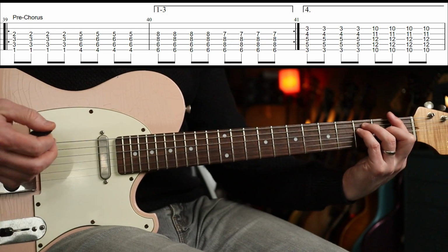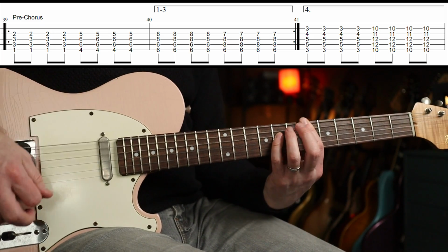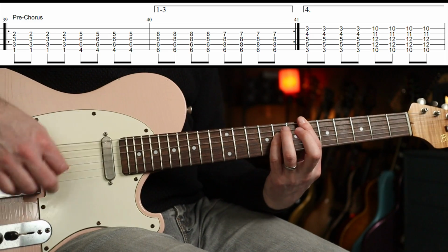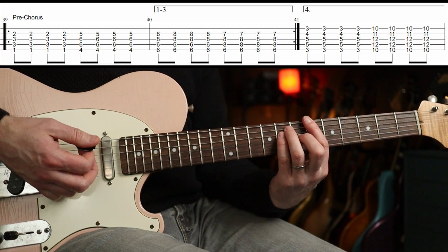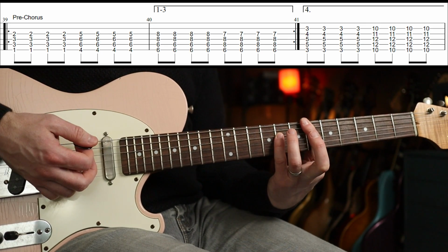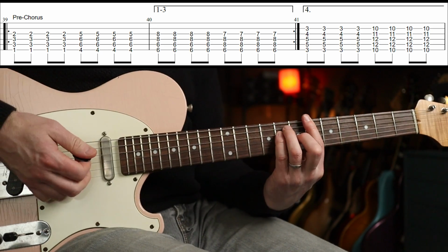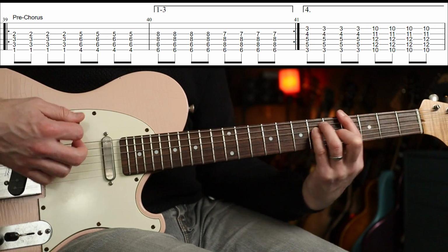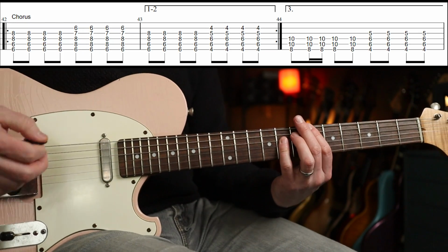Then we got this pre-chorus bit, which is just 4 chords, all 8th notes. Pretty straightforward, isn't it? 1st fret, 4th fret. Here, I use my 1st finger and my little finger, because to move to that chord, I leave my little finger where it is, and I'm just adding the rest of the major chord, right? Do that 3 times, 4th time. That's that, and then we're into the chorus, which is...